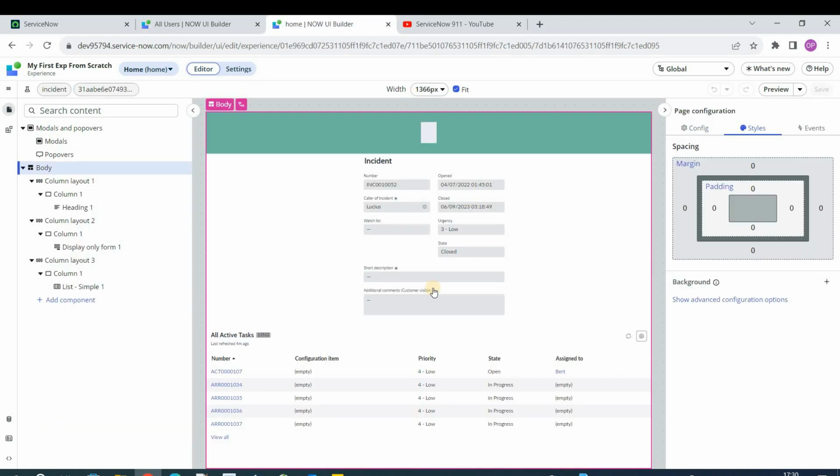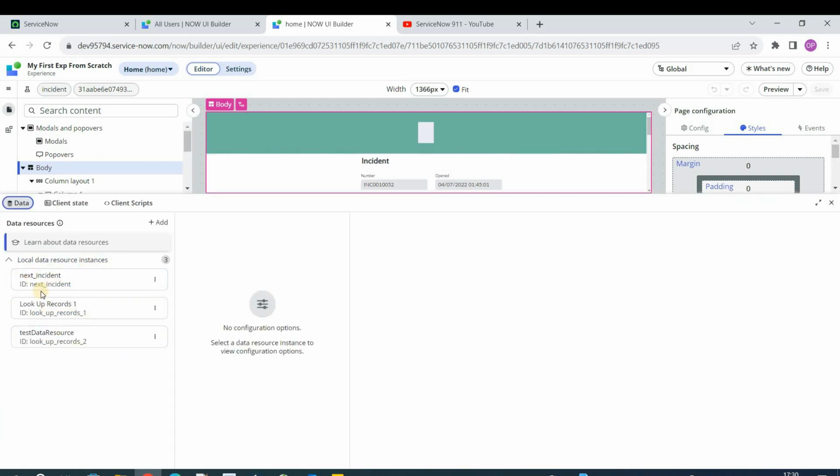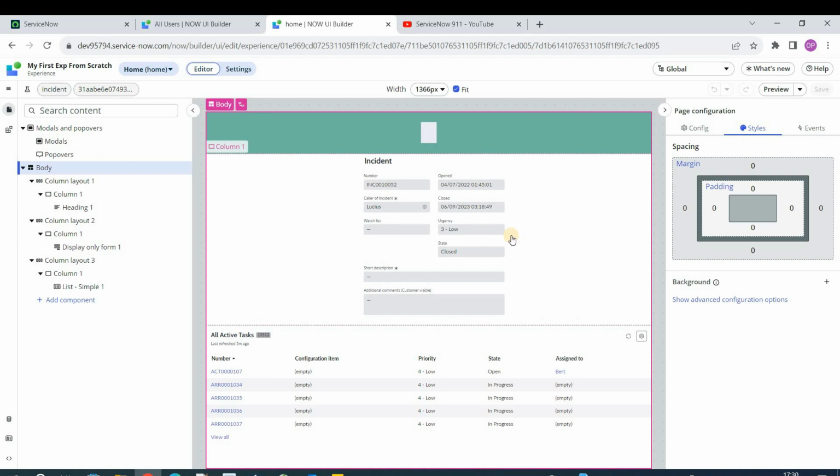Okay, so come to this particular page. This is one of the pages, and you see I am using particular data sources here. This is next incident. Its name is lookup records. Its name is test data resource. How to create this we will see after this demonstration. For the time being, in this particular page we have three data resources, and you see how I am using these data resources here. So if I click on this component,